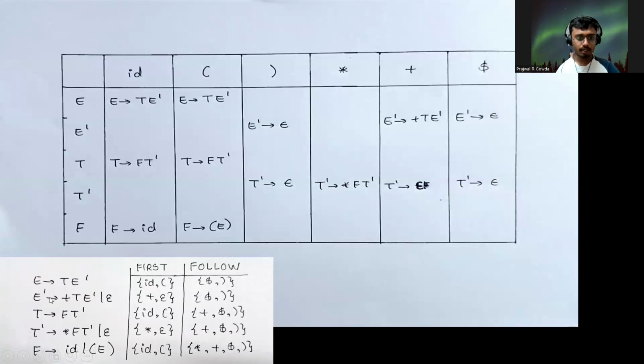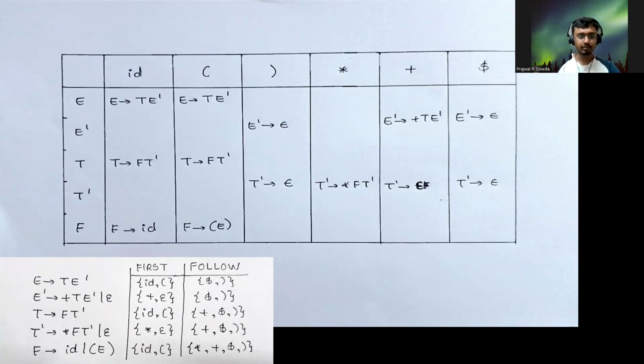Now E dash tends to plus T E dash, the first of E dash is plus, comma, epsilon. So let us place the production E dash tends to plus T E dash in the plus column, and the next first of E dash is epsilon, which means that